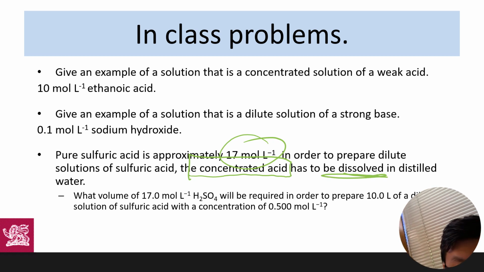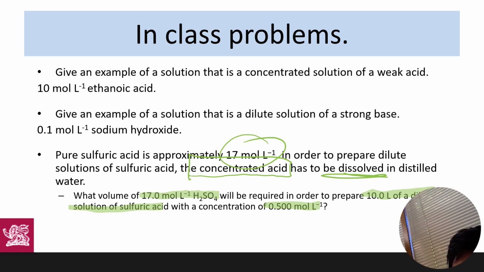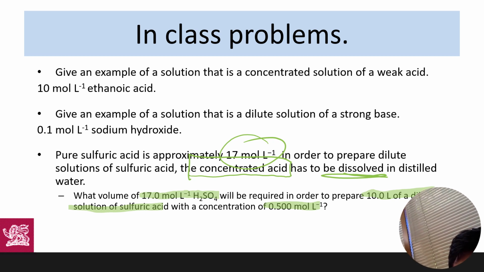And so we've got a question here that says, what volume of 17 moles per liter of sulfuric acid will be required to make 10 liters of a dilute solution of sulfuric acid with this concentration? Okay, so we know to use the